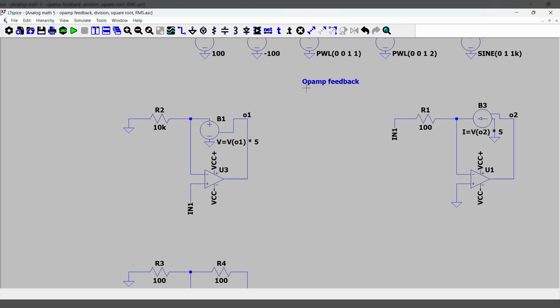So here I have an op amp wired in the non-inverting config, and here I have a simulated function. Imagine this is just some external circuit, and what it does is it takes the input, which is the output of the op amp, O1, and multiplies it by 5, and outputs it here to the inverting terminal. So this is what a circuit that's multiplying the voltage by 5 is doing. And if I run the simulation,